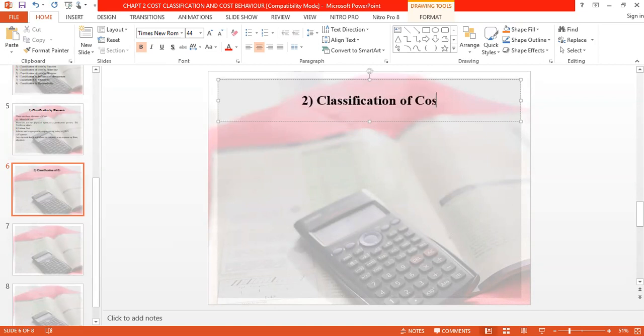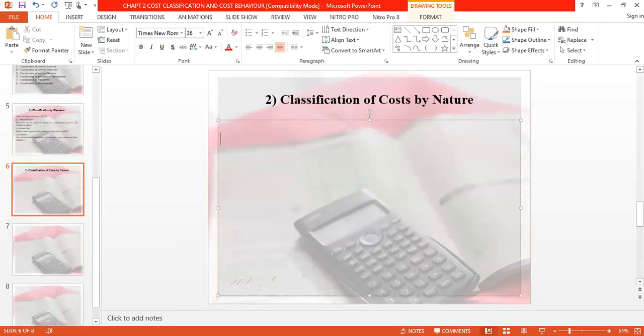Classification of costs by nature. So we can say that when costs are classified by their nature,